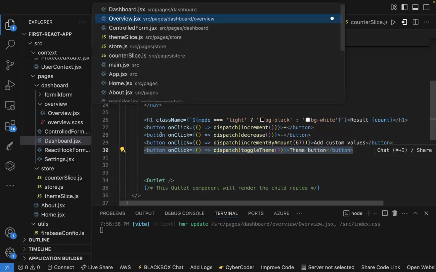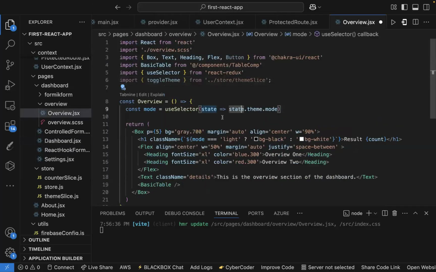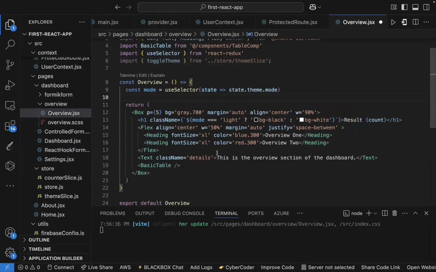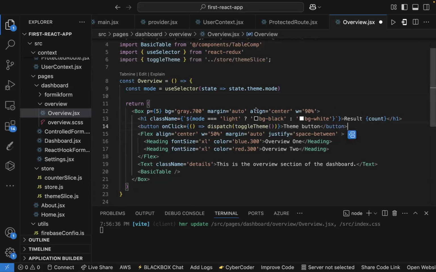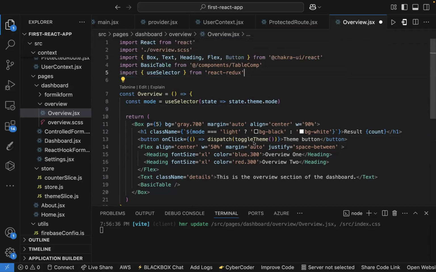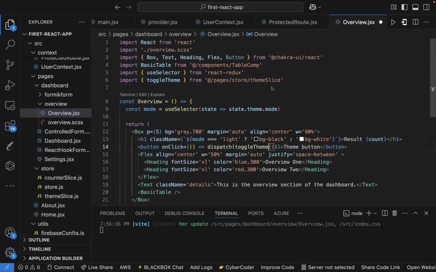Let's take the button. Sorry, I'm copying and pasting so that we don't waste time, okay? All right, so I think for this, let's import it so that we don't have an error. Okay, all right. So